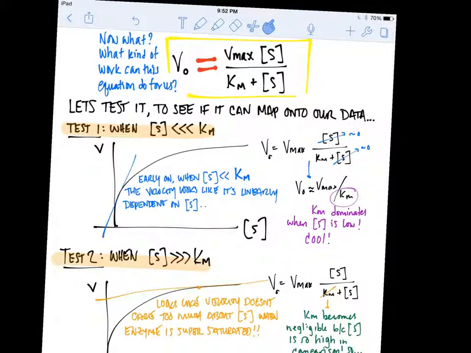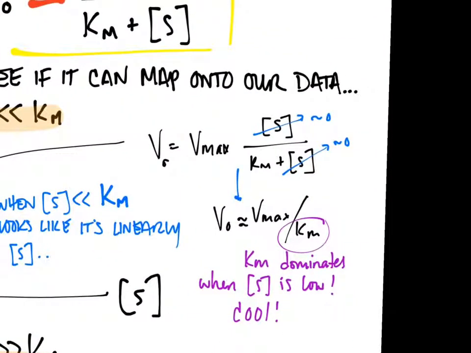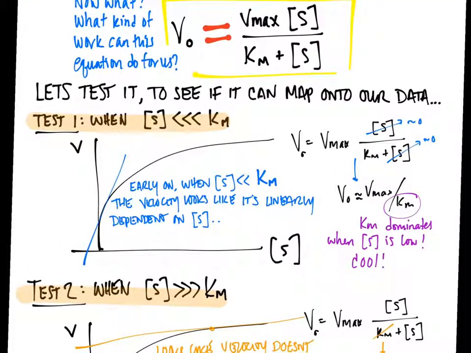When S is really small, it's around 0. And this one's around 0, okay? So both of them are around 0. So basically what happens is they end up falling out of the equation, and it becomes Vmax over Km, and that's a linear equation. And it just so happens that this looks linear right there, right? So it works. This thing can adapt to this graph